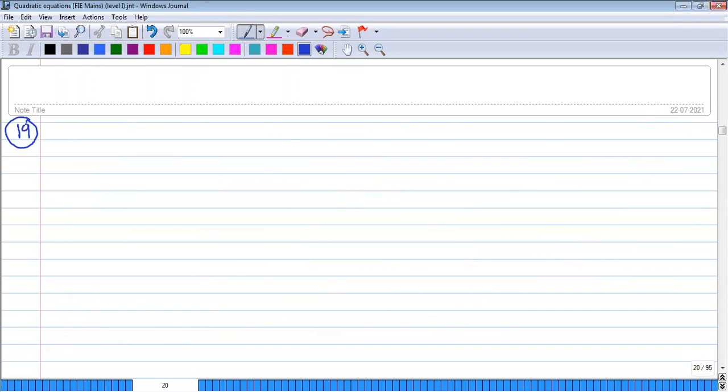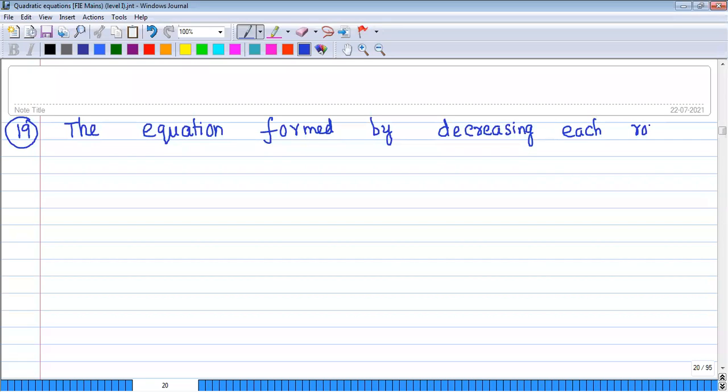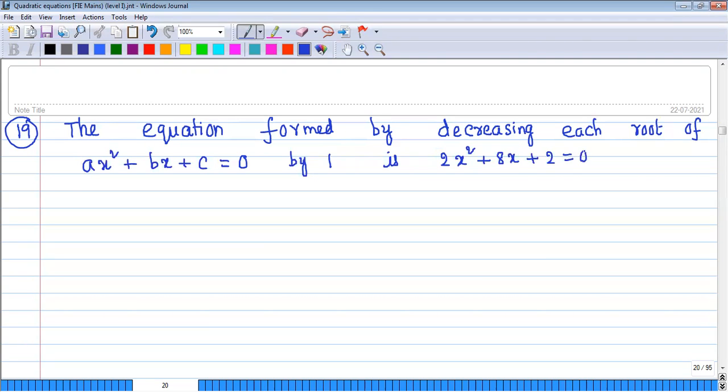So let's move to the next question. The equation formed by decreasing each root of ax square plus bx plus c is equal to 0 by 1 is 2x square plus 8x plus 2 is equal to 0. Then